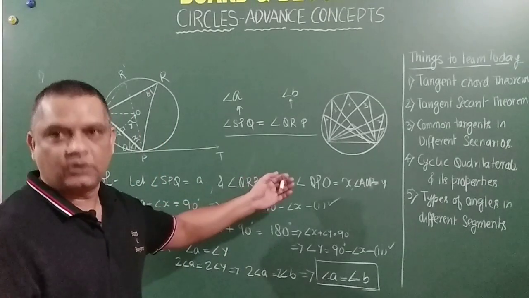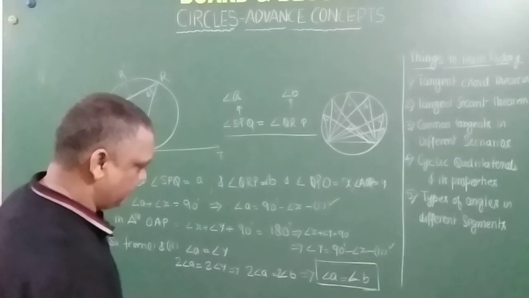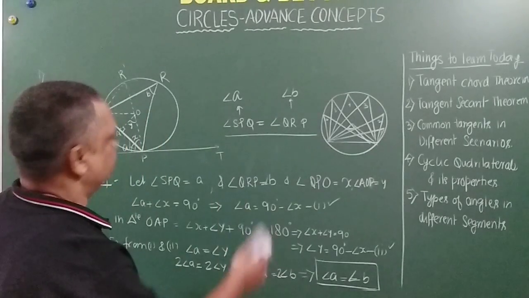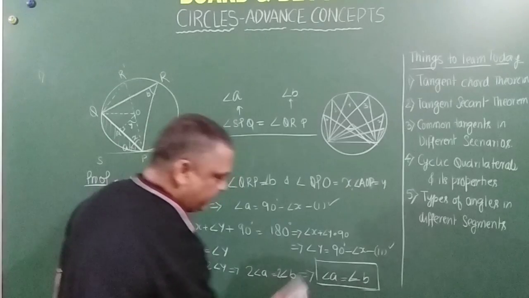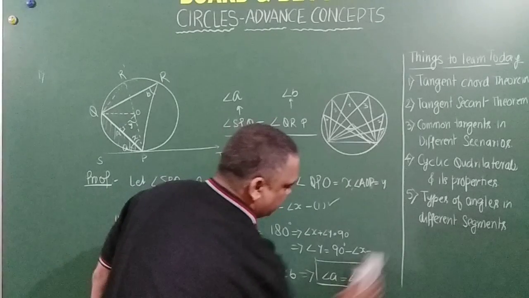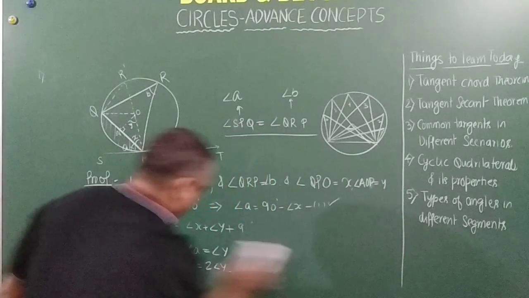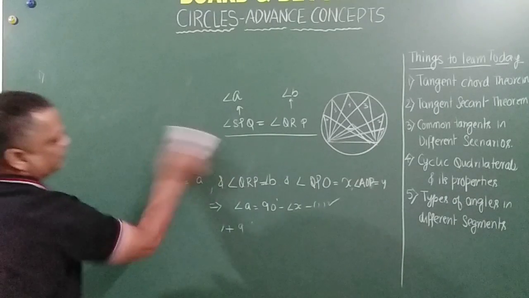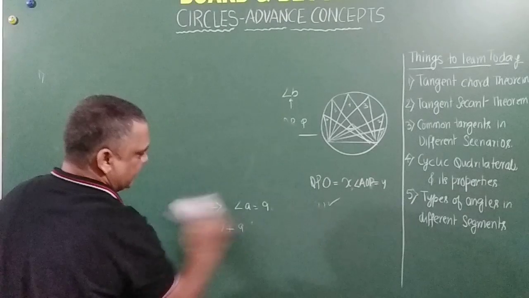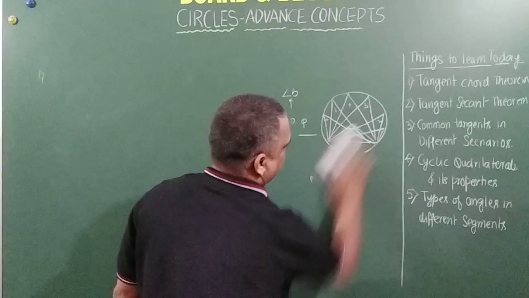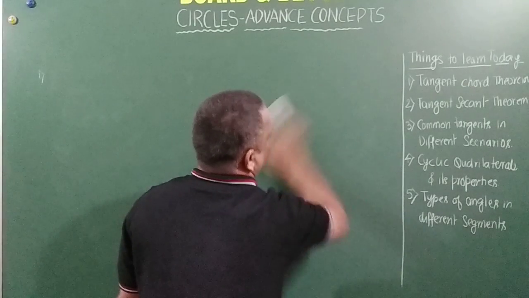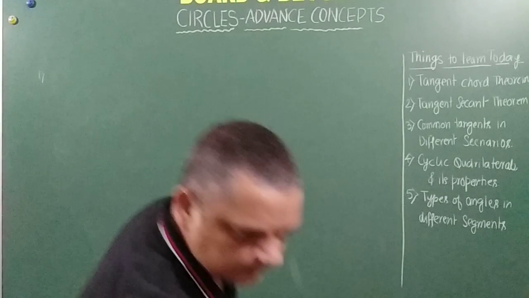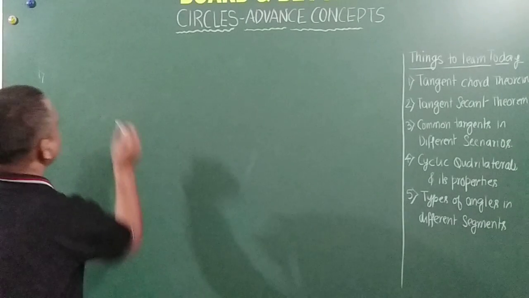This probably has not been taught to you so far because it doesn't feature anywhere, but being in 10th standard, I think this is important. We should know that, right? So let's move on to the tangent secant theorem. What does it say? Of course, there is a tangent involved and there is a secant involved in this, right, friends? Let us try to understand the tangent secant theorem, which says that